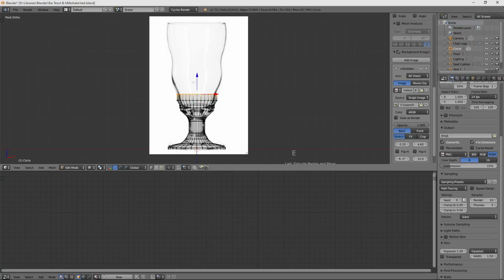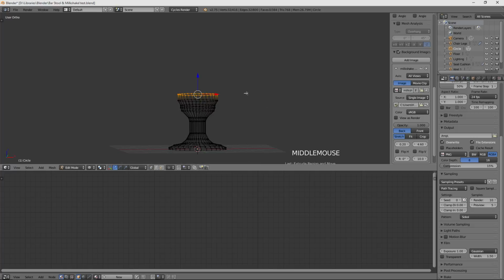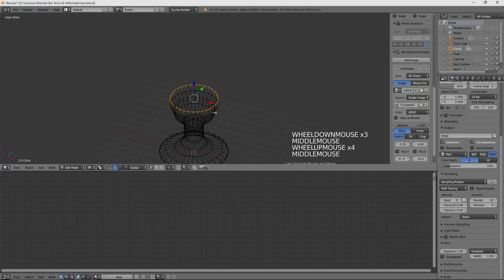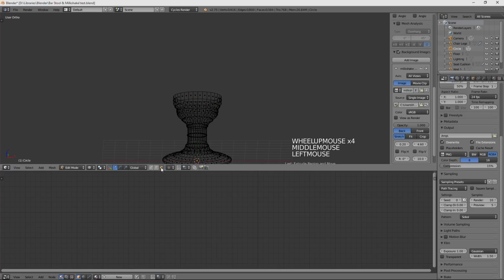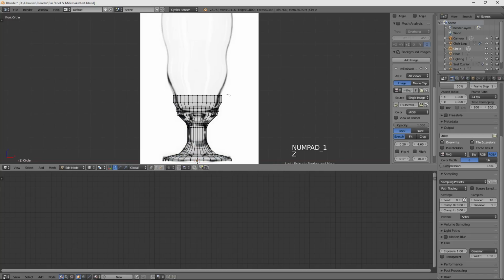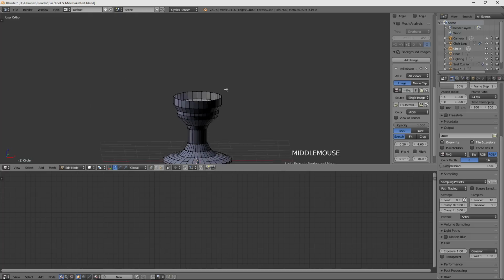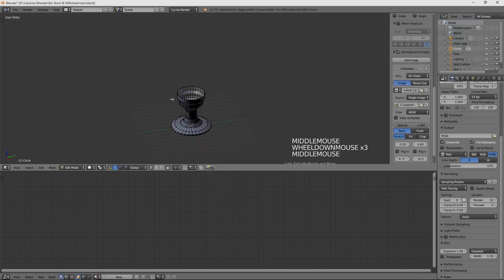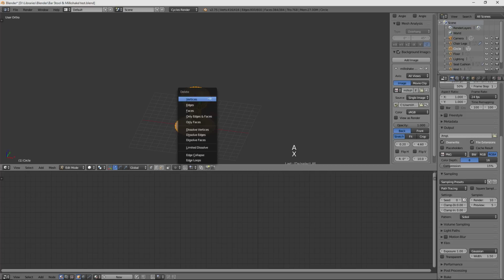So let me just, I think you get the gist of it. I'm actually not going to finish the shape, but I would finish the shape this way. I don't believe, okay. So I was in wireframe. Remember, you can toggle wireframe with Z. It might be easier to hit Z to keep it in wireframe while you're doing this, just so you can see your shape. I'm not going to finish the shape this way, but you get the idea. We're going to actually delete this. In edit mode, we're going to delete it. We're not going to delete the object so that we can still work with vertices as a separate object.